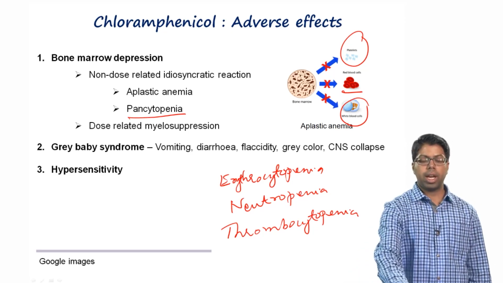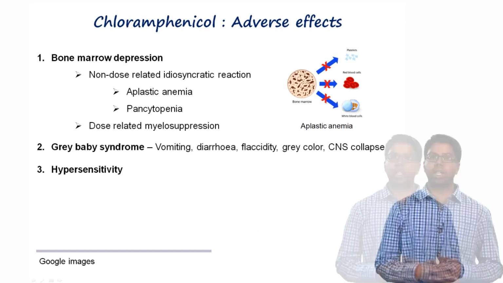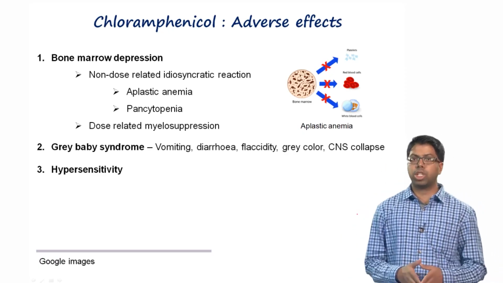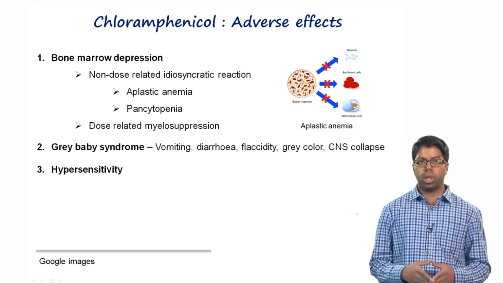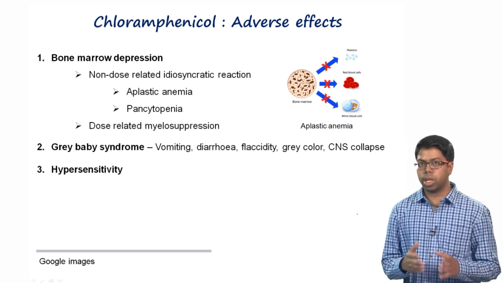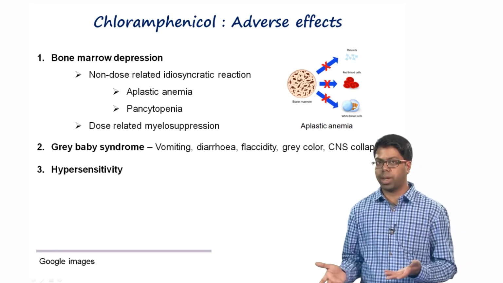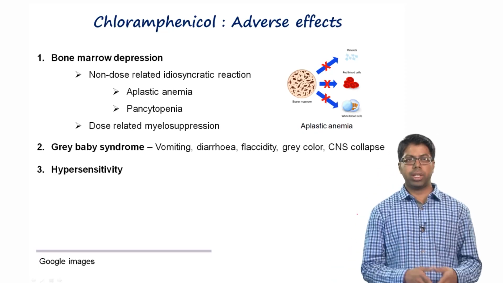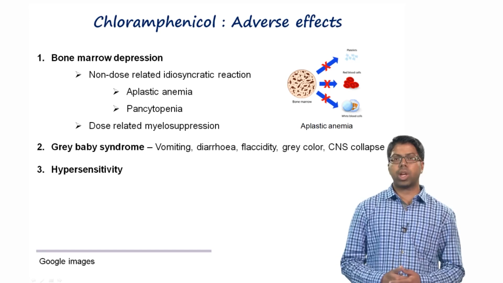Another serious side effect associated with chloramphenicol is grey baby syndrome, which generally results from the inability of an infant's immature liver to metabolize chloramphenicol. This generally develops in babies and children when chloramphenicol is given to their mother during labor or at some point during pregnancy, and this is mostly associated with side effects such as vomiting, diarrhea, hypotension, CNS collapse, and even death